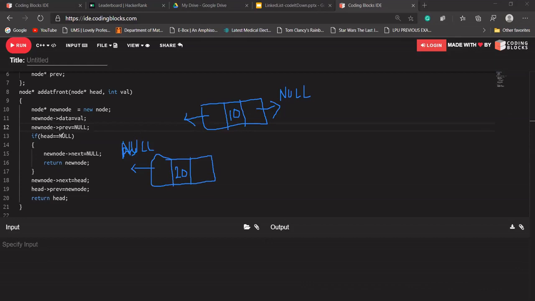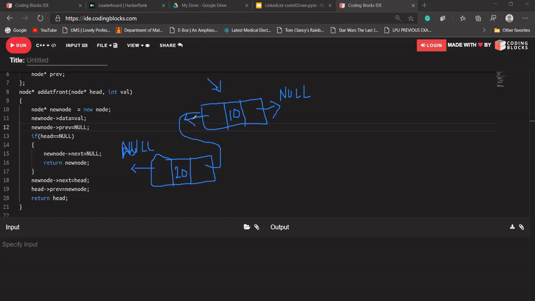If head is equal to null, this time head is not equal to null, head is pointing to this node, means head is pointing to 10. And now new node's next should point to 10. New node's next will point to head now. And what I have to update is head's previous.